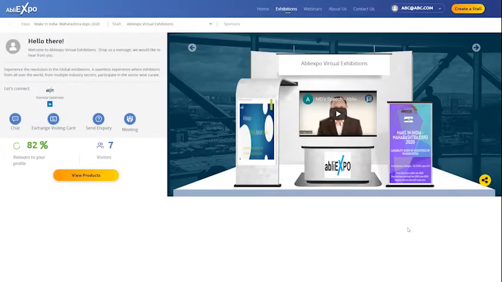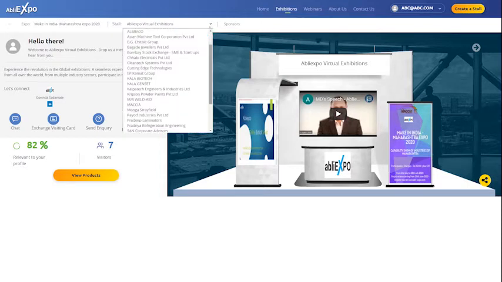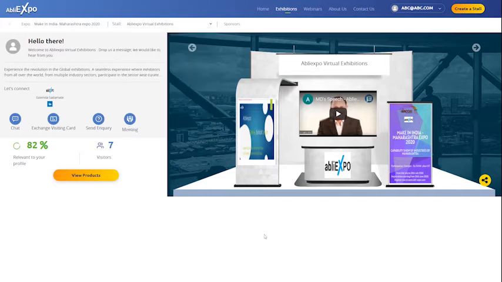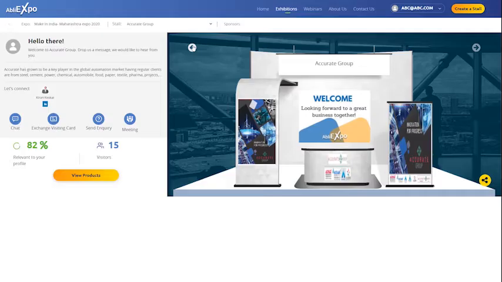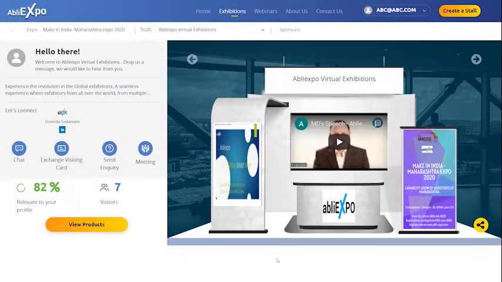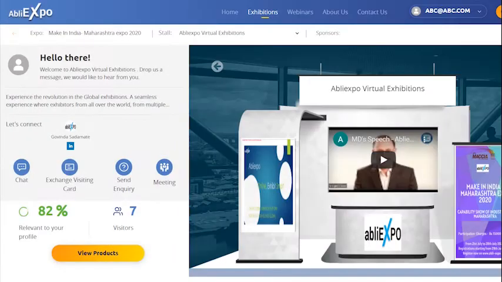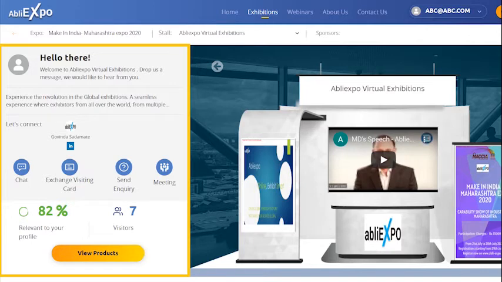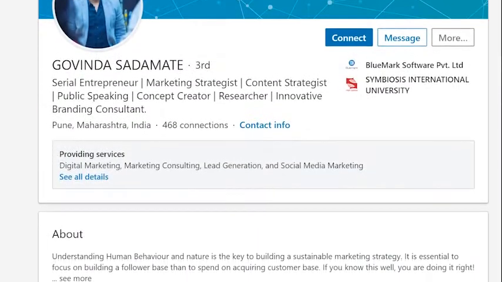You can visit other exhibitors' stall at any time by either selecting from the list of exhibitors or scrolling using the left and right arrow buttons at top of the stall. Experience how technology amplifies the benefits of an exhibition interactively. In the Let's Connect section, you can get to know the company's representatives through a direct link to LinkedIn profile.